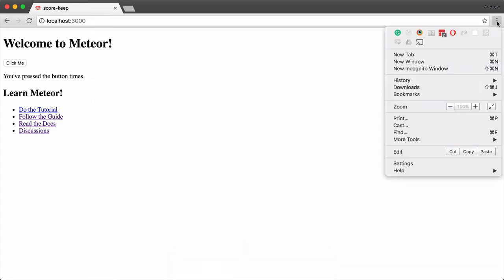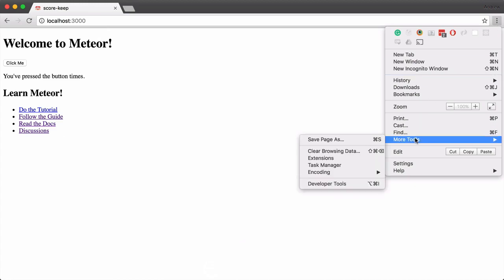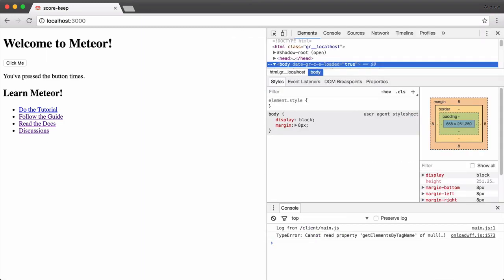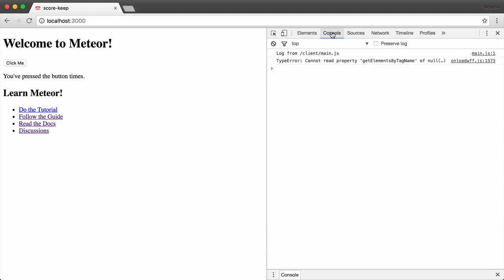If you know the keyboard shortcut for the Chrome developer tools, feel free to use it. Otherwise, go to the menu, More tools, developer tools. We're going to be using the developer tools extensively throughout the course. They can be a point of confusion since they are pretty complex. For now though, all we have to do is go to this console tab up top, and we're not going to actually be typing anything. We're just going to be looking. Right here, you should see a message, "log from